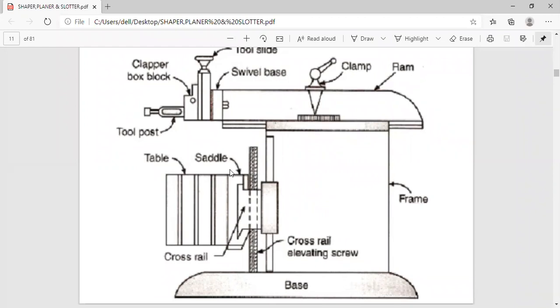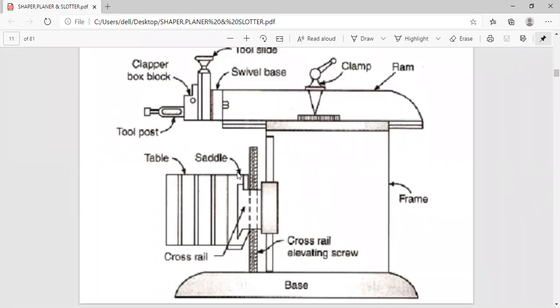So a cross feed screw is provided for the movement of the saddle. It is not shown in the figure, but you should know what the movement of the saddle is. The crosswise movement of the saddle can be obtained by the cross feed screw. It can be operated manually or power operated. If it is power operated, it is somewhat like semi-automatic.